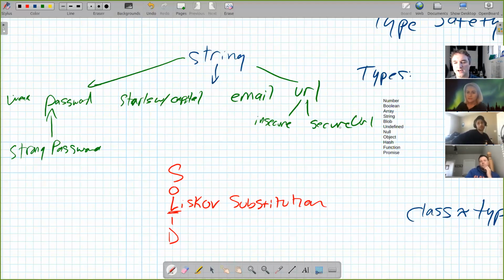That's using a more specific variant of something where a more generic one is expected. And that should be allowed. You shouldn't break the application if you're looking for a string, but you give it an insecure URL. That principle is called Liskov substitution.